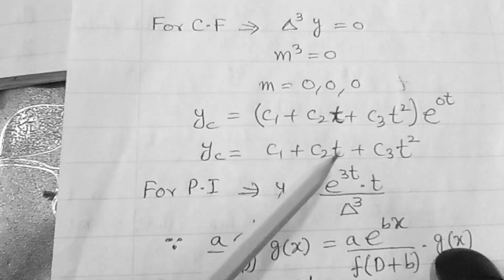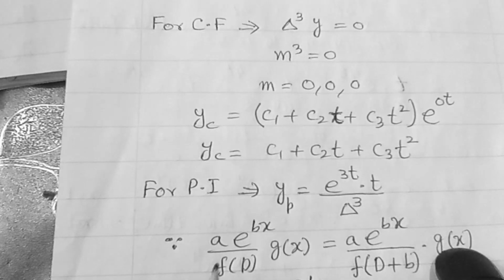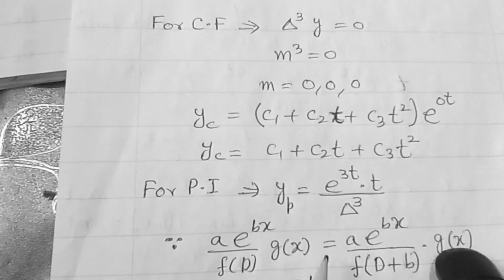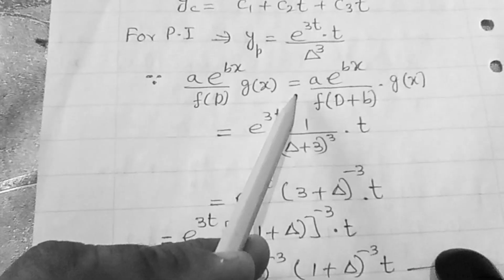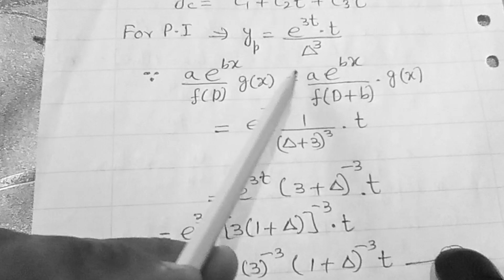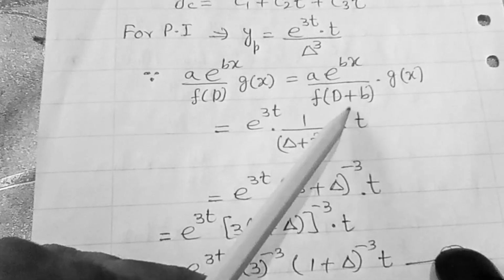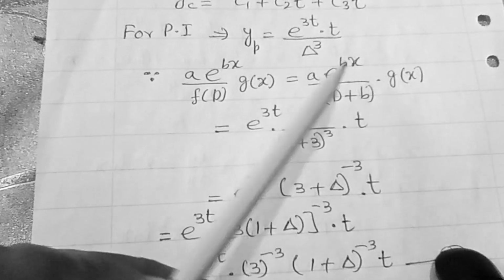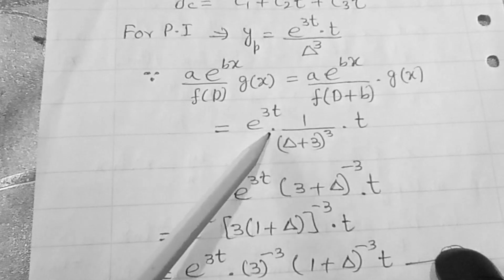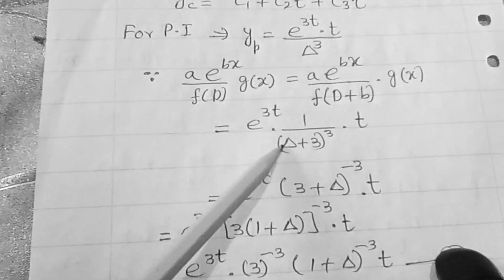And here, what is the value of b? 3. So directly we can apply this formula. A exponential bx upon f of D, g of x, can be written as a times exponential bx whole divided by f of D plus b into g of x. According to this formula, exponential 3t we will write in the beginning, and this factor will be 1 upon